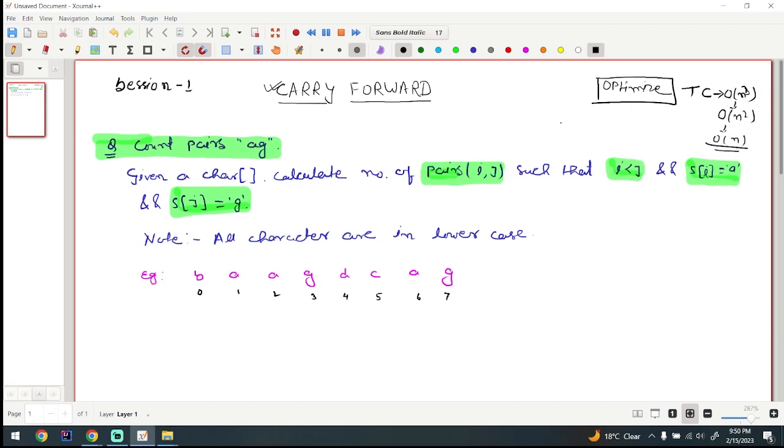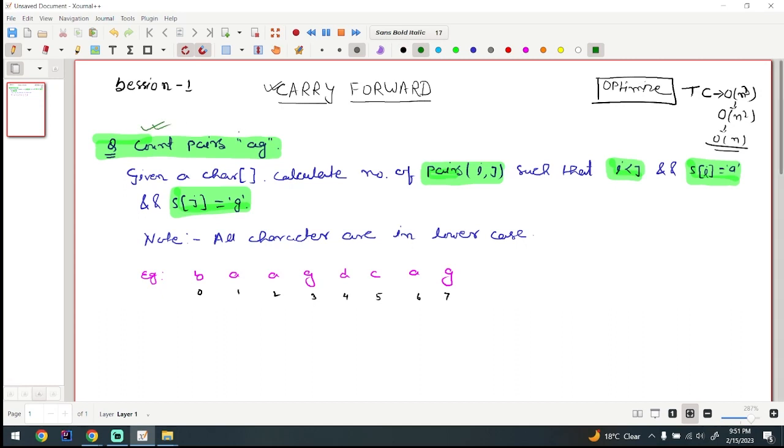So now we are starting a new problem solving session on carry forward. We are basically going to take some questions, and we will try to solve them by using a brute force approach, like a simple approach, and then we will try to optimize it. So that is the basic idea. So let's start the problem, and we will solve this problem by using carry forward also. Let's see, and then we will understand what is carry forward and what we are trying to forward and carry. Okay, so basically our problem is saying